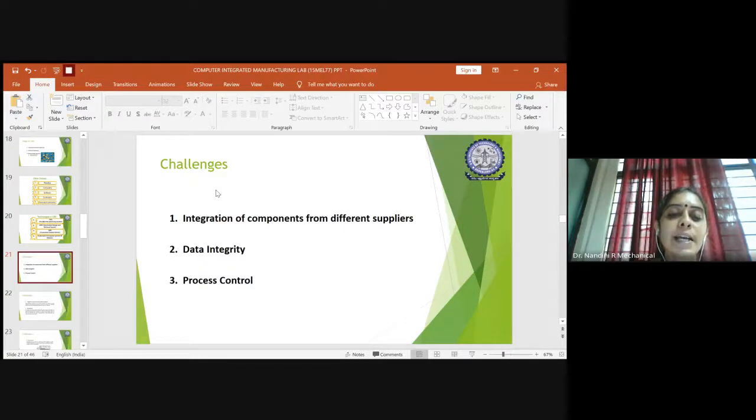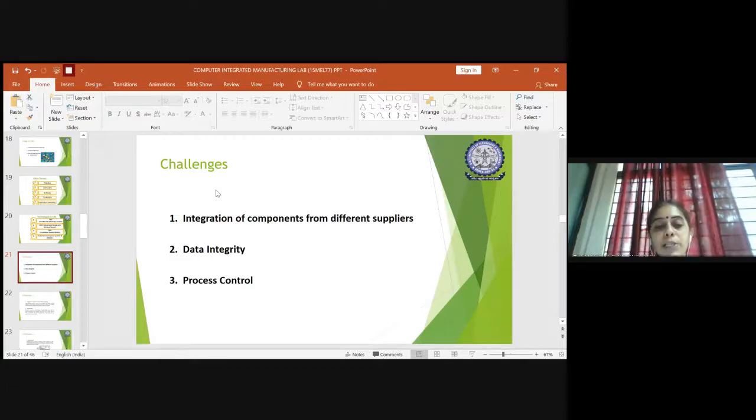Along with that, there is data integrity. You will collect all the data, but integrating all this data related to the required flow is also a challenge. Every data set you get will be of a different aspect. The factory people will give the data related to that, the production people will give theirs, the material people will give theirs, right? Apart from that, you will have the market sector, everything. So how do you correlate this data such that it will flow systematically when needed? So the integrity of this data is very important and also a challenging task.